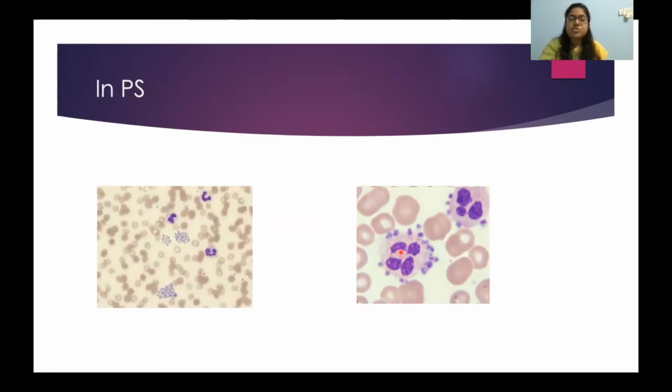And in patients in which this antibody production is more, if you really want a corrected count, you can give a sample in citrate, sodium citrate. So always ask for a peripheral smear examination whenever thrombocytopenia is reported from the lab but the patient is not having any bleeding.